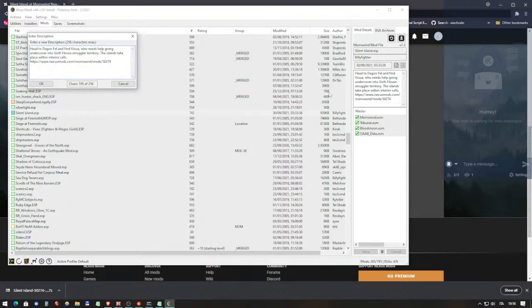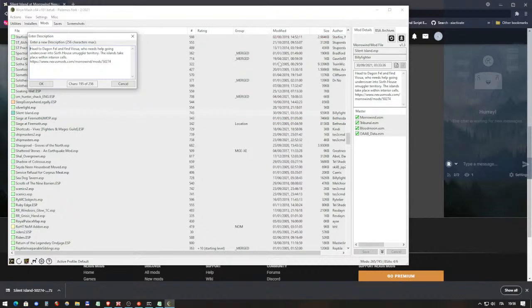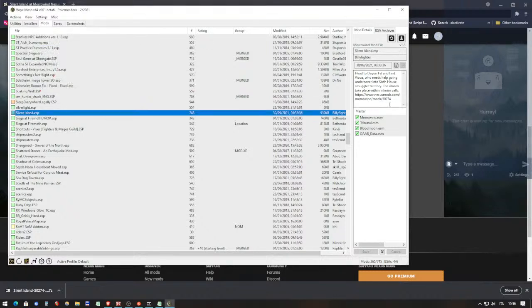Okay, so next time I generate that list, I will have the mod linked automatically this way. And it is always useful information. If this is too long, you may have to try to shorten things, but usually it's not a big problem. Okay, I think the mod is ready to be tested